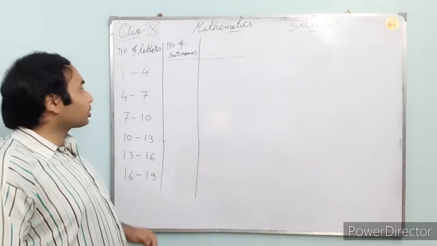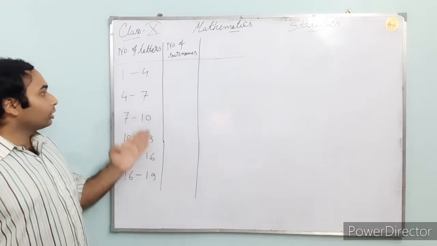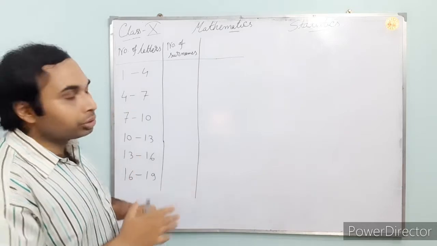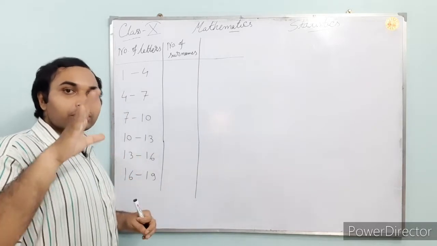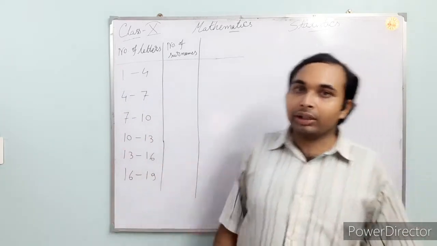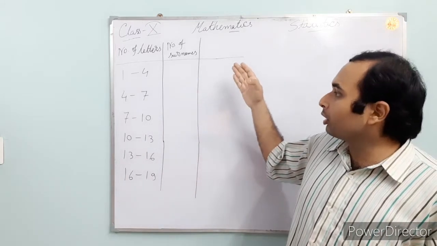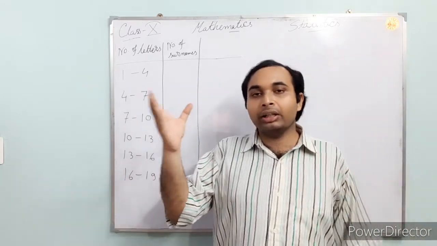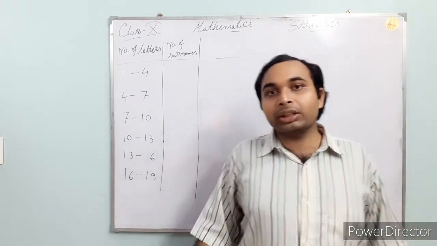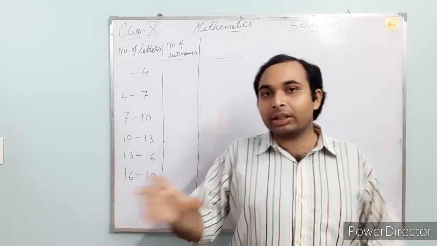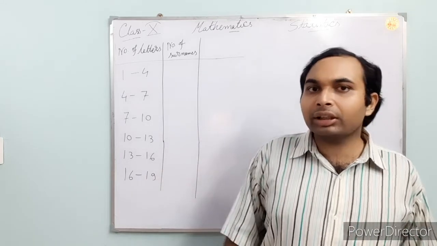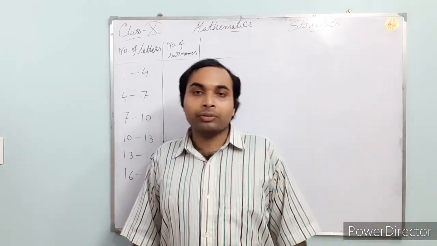So students, let us solve this example with the step deviation method. Actually here I will show you the total mean, median, mode, all the central tendencies we will find here. In your exam the question will not be like that. You will not need to find all the central tendencies. Either the mean or median or mode will be asked, or related sums where two frequencies will be missing and some data will be given and you have to find those missing frequencies. Twisted questions like that can come from here also.